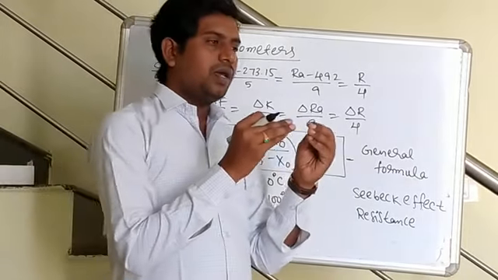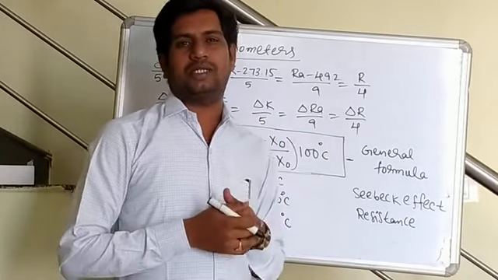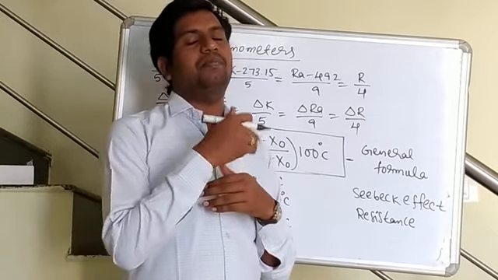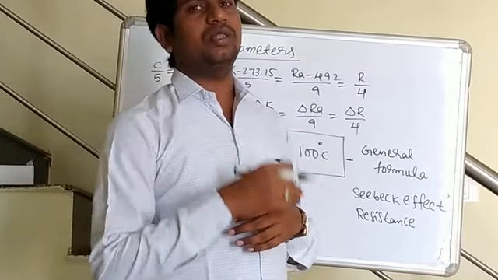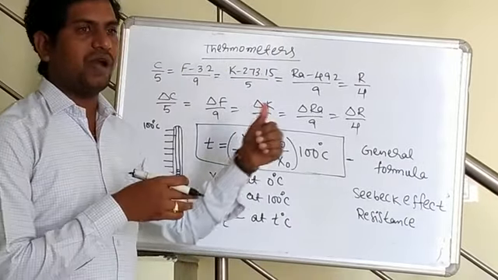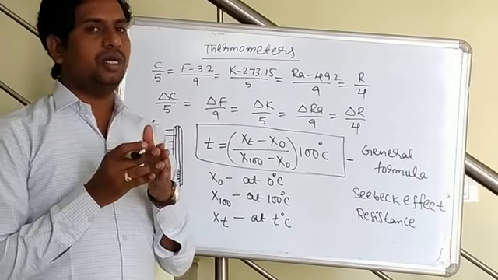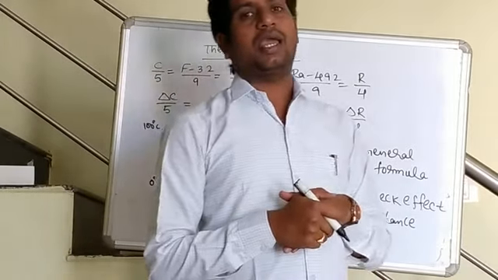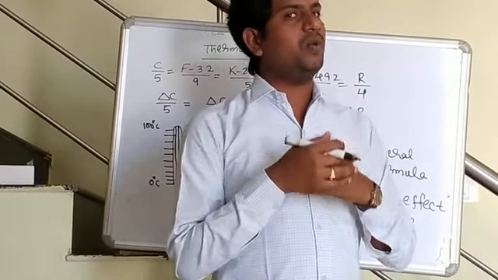And in vapor pressure thermometers, we know that the normal pressure is different and the vapor pressure is different, so as temperature changes, the vapor pressure also changes. Based on the change in vapor pressure, the vapor pressure thermometer works. And finally, pyrometers. These pyrometers are used to measure high temperatures, we can say above 3000 Kelvin, like the temperatures of the sun or planets. So how will it work?